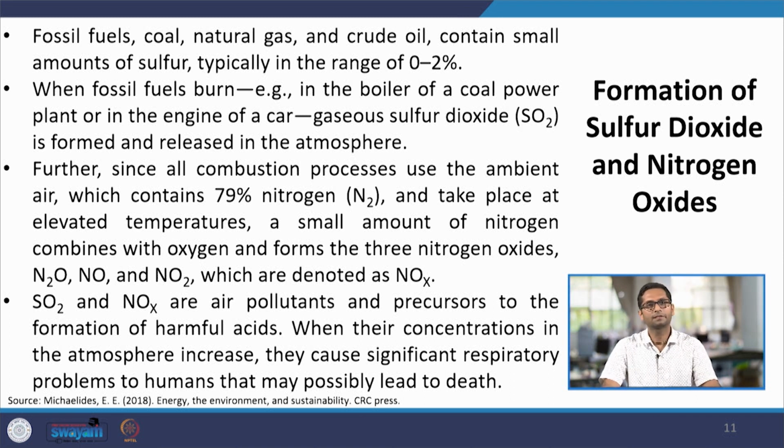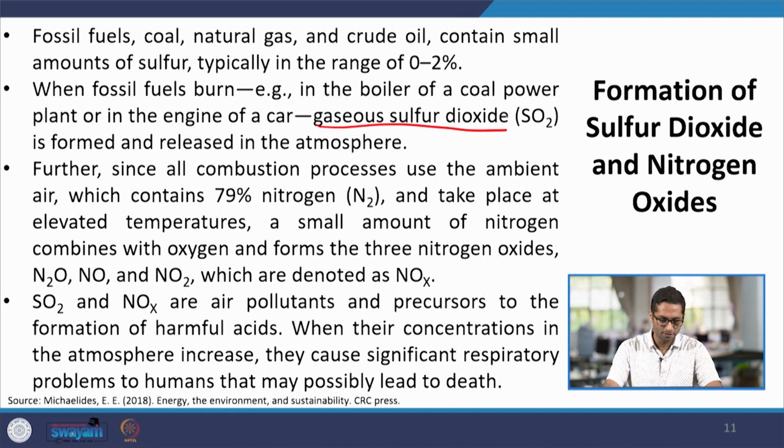So fossil fuels, majorly if you talk about coal, natural gas or crude oil, contain a small amount of sulfur. This could vary from 0 to 2%. And the coal that we have in India is slightly better in terms of the sulfur content. And because the sulfur is present in the coal or the natural gas, whenever we are burning any kind of fossil fuel, this sulfur would escape to the environment, and the easiest route for the escape is the gaseous